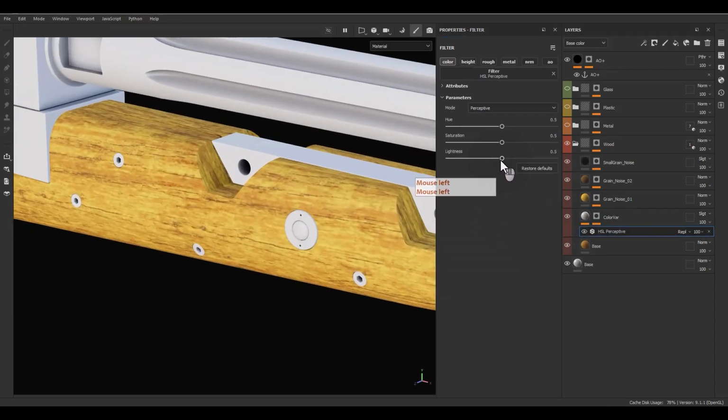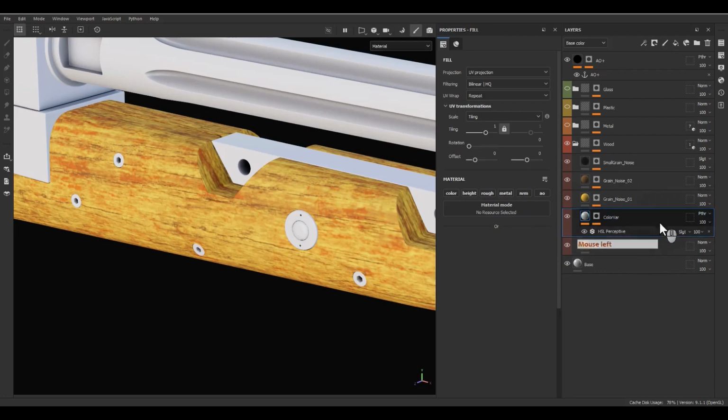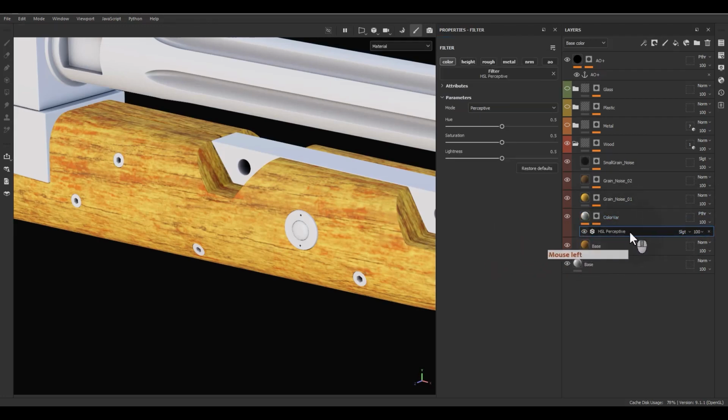Okay, and now we can change. Okay, let's add pass through for the blending mode, and in here I go for the soft light. So the blending mode of the filter should be on soft light, the blending mode for the layer itself should be on pass through. So it's going to collect the data and we are going to edit the data here. So like this,